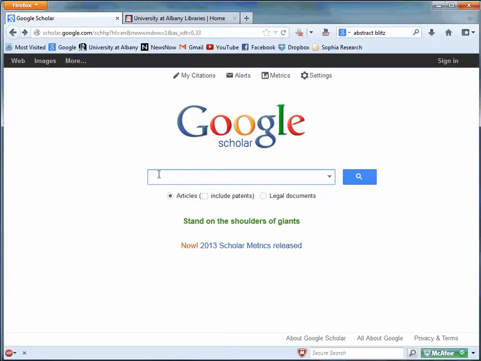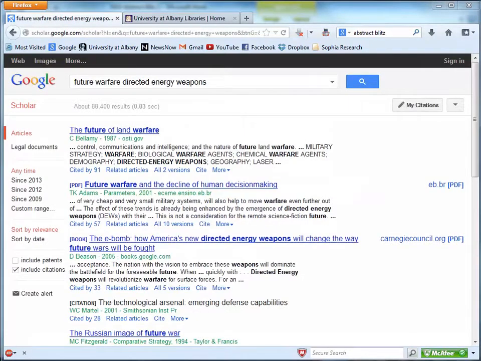Since our first example is on the effect of directed energy weapons and future high technology weapons on society, let's type in the keywords future warfare and directed energy weapons. And as you can see, it has returned quite a few results, 88,400 approximate results, and the first few do